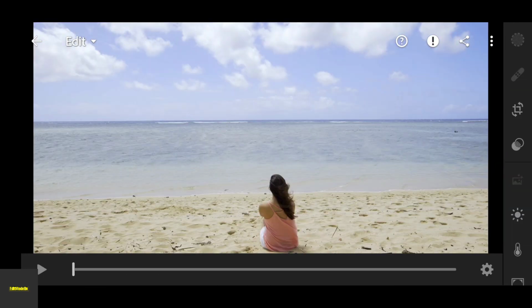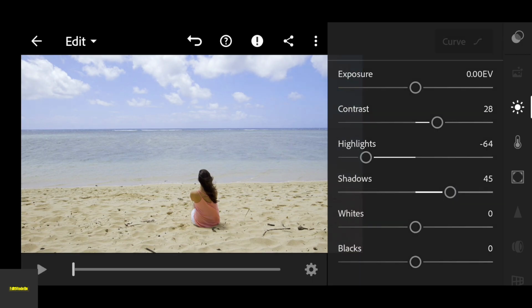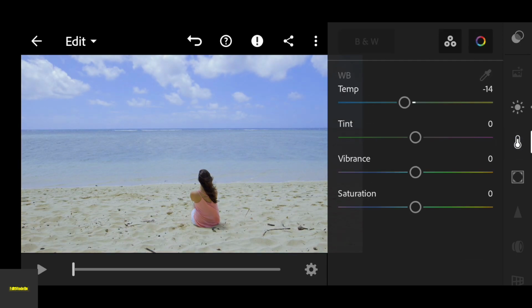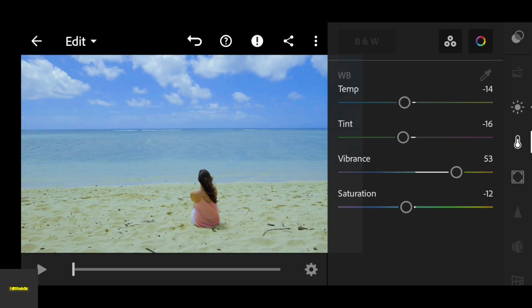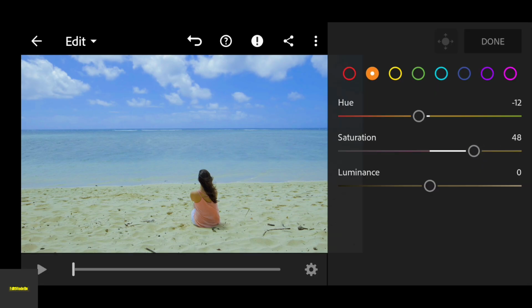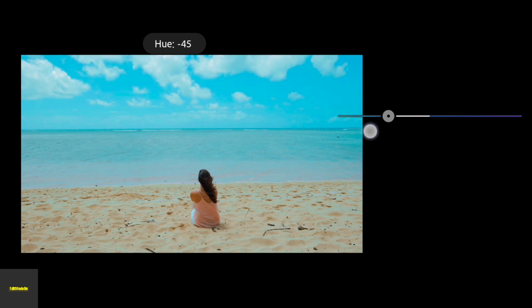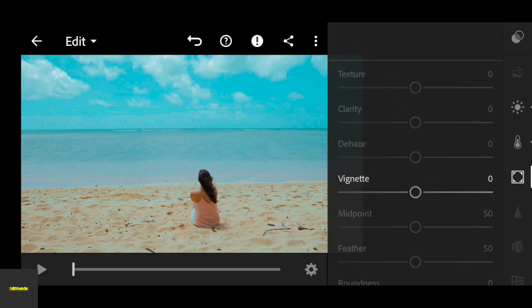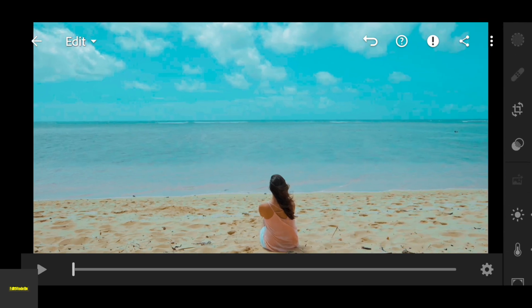Well, let's edit this video. You can also use these effects and filters if you want.